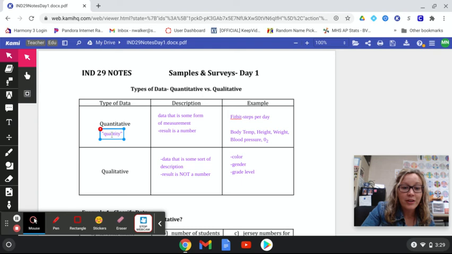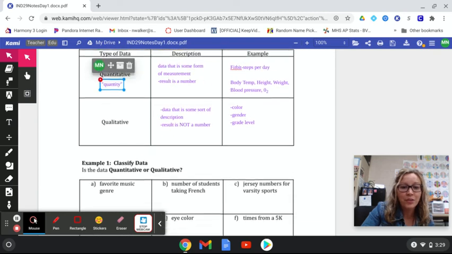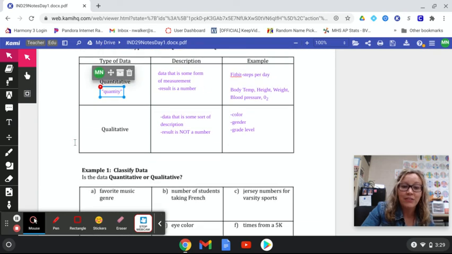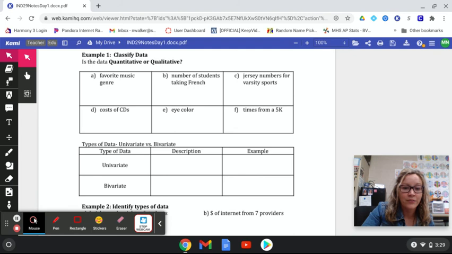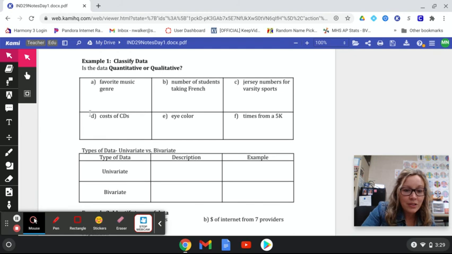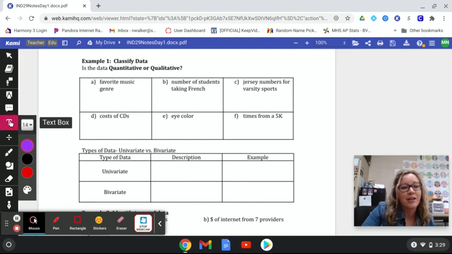And so we are going to go through some examples here. We are going to decide if they're quantitative or qualitative. All right, so if you ask people in a survey their favorite music genre, mine is probably a mix between 80s rock and early 2000s pop music. I know those are really weird,